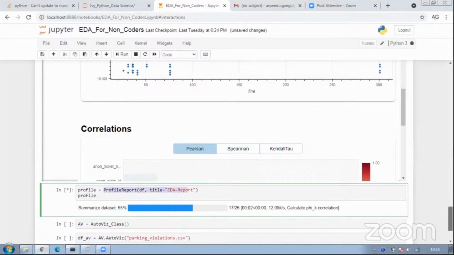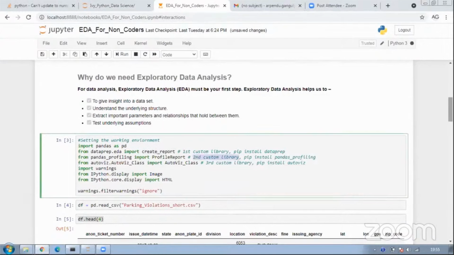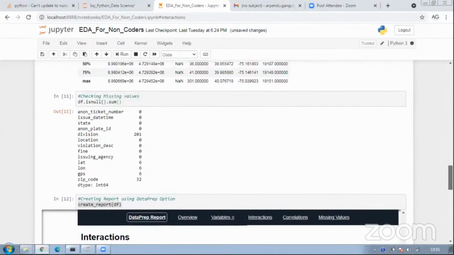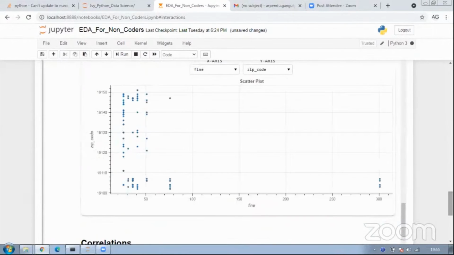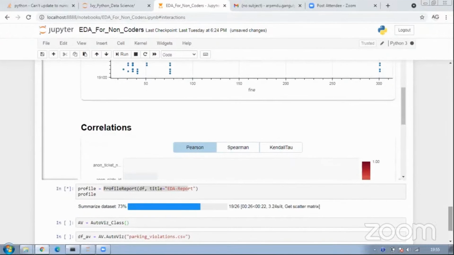Profile report comes from the second custom library I must mention, which is profile report itself. And again, this is another one which is very useful, which you can also use. This is basically the second option for generating interactive visuals instead of writing a lot of code.